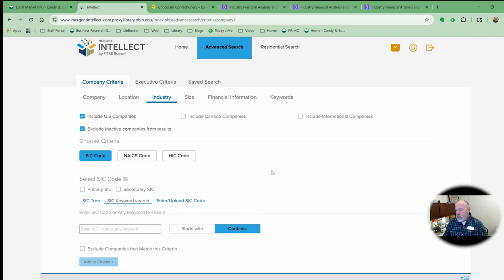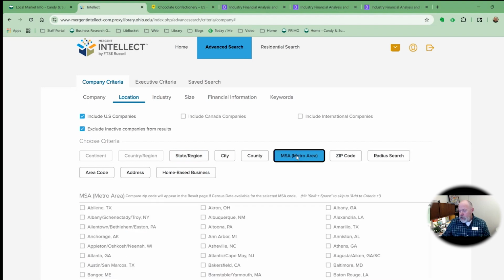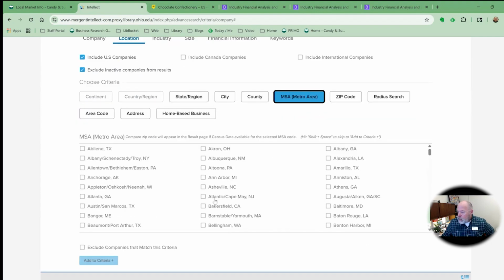All right, so that's a big old list. I don't want just that whole list. So what I'm going to do is limit by location here. I'm going to do a metro area as an example. You can do zip code, you can do a radius. If you had an address, you could do a radius of within like 5 miles of a particular location. For my example, I'm just going to do the metro area, and I'm going to choose